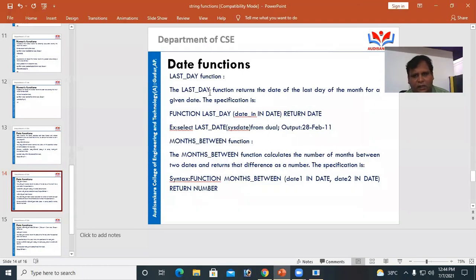LAST_DAY returns the last day of the month for a given date. The given date is the system date, which is 7/7/2021.